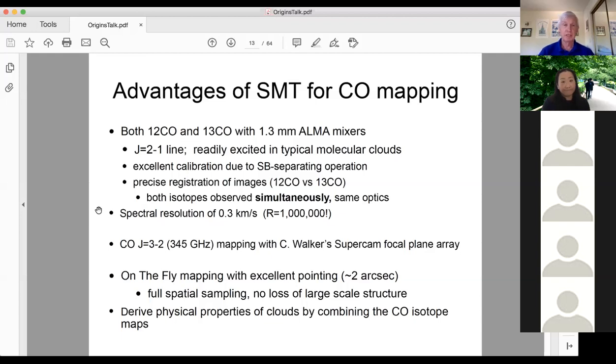Most of what I'll show you today has that, or a capital R of 1,000,000, if you like. And also I'll show some work done with Chris Walker's SuperCam focal plane array for the 3:2 line at 345 gigahertz. We'll use a technique called on-the-fly mapping, where we scan the telescope back and forth, so we can get full spatial sampling and don't lose any of the large-scale structure, which is, of course, a problem with interferometers such as ALMA. And so we can derive physical properties by combining the different isotope maps as well as the maps of different